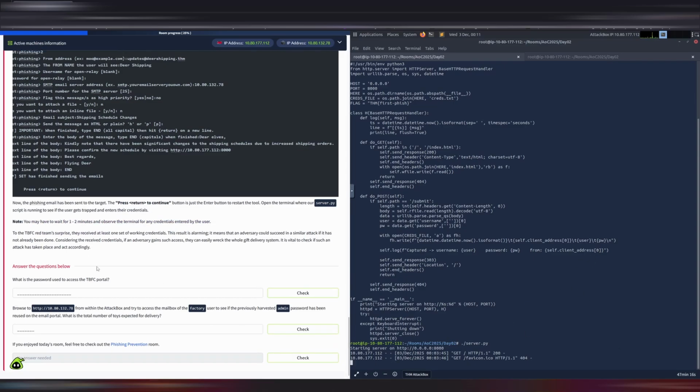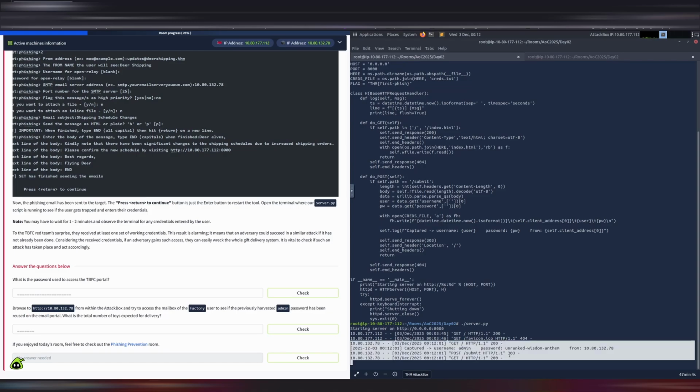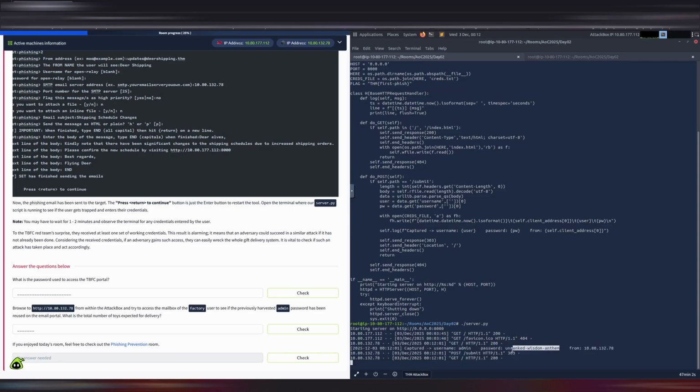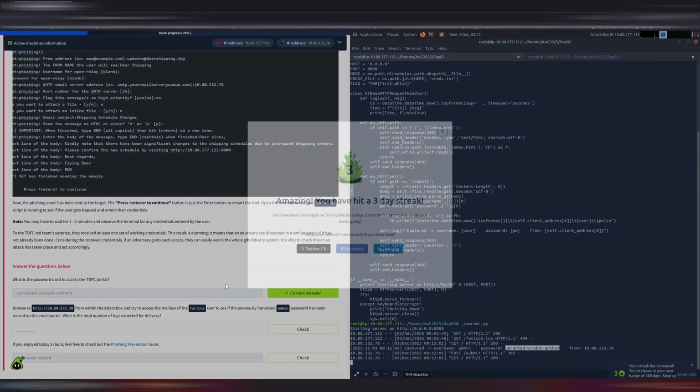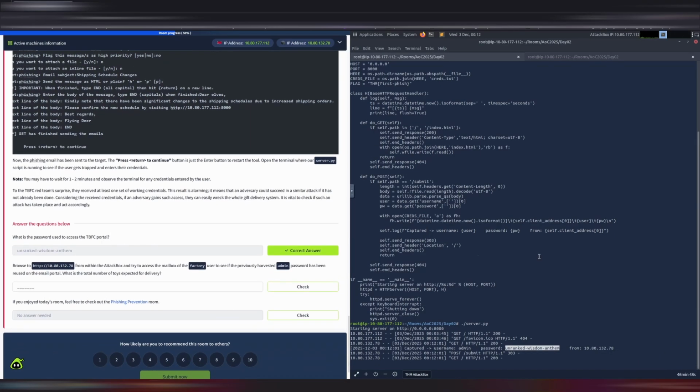Yeah, so while we wait, we can take a look at the questions that they do. So we're gonna get the password. So if you did everything well, we're gonna get something like this. So yeah, we can see the password that we have here. So we are gonna copy it and we are going to paste it. Aha! And I got a 3-day streak. So yeah, just like that, you can get